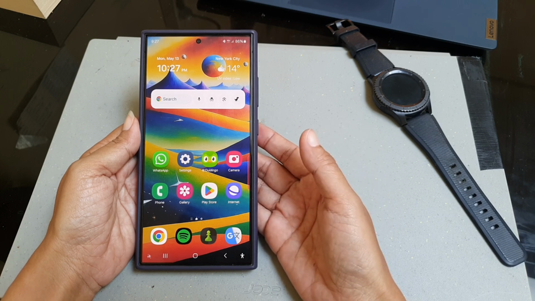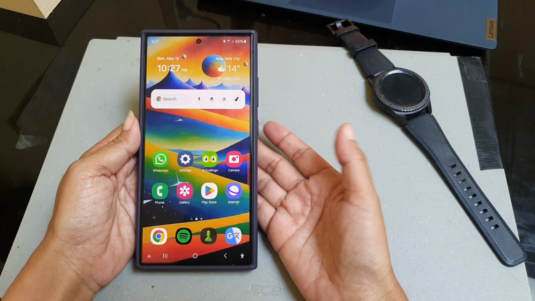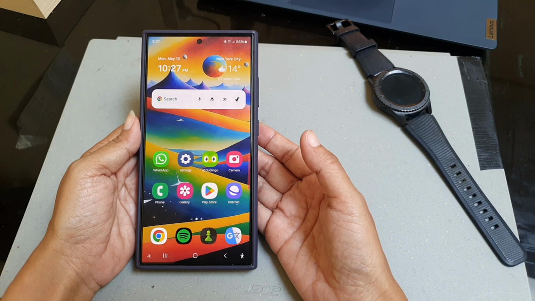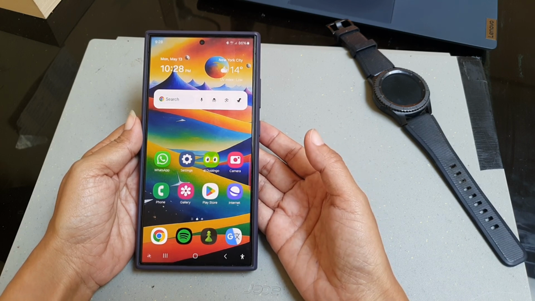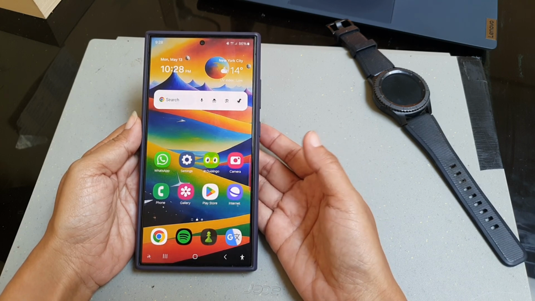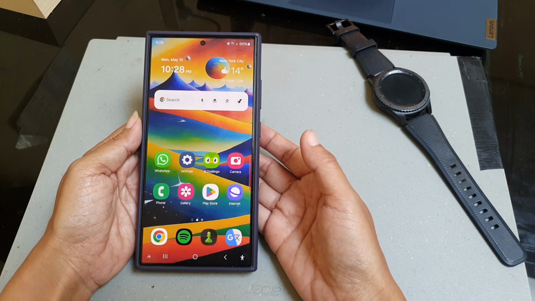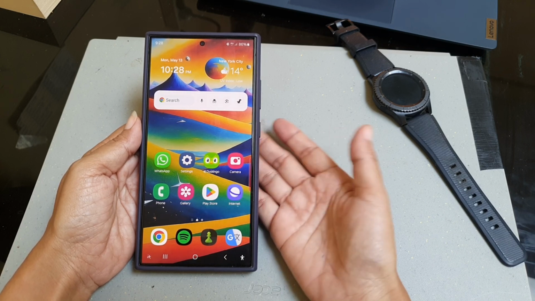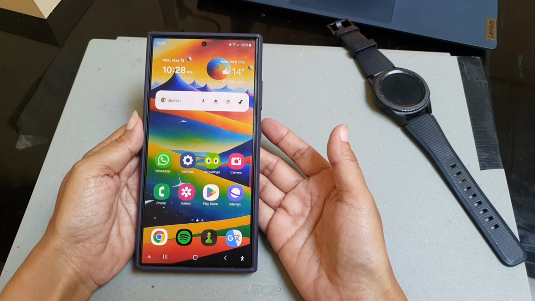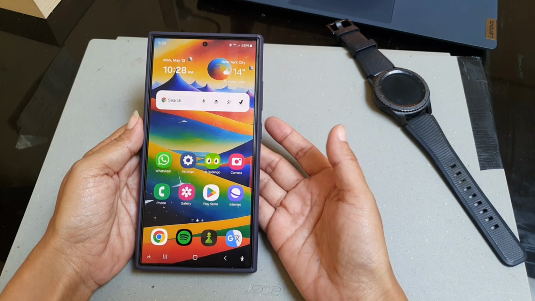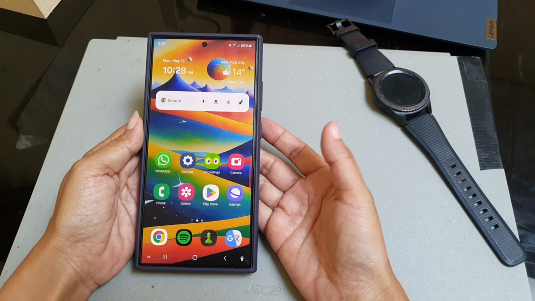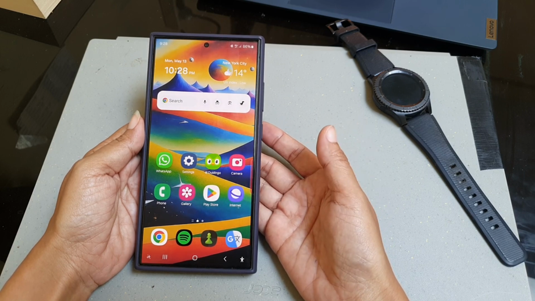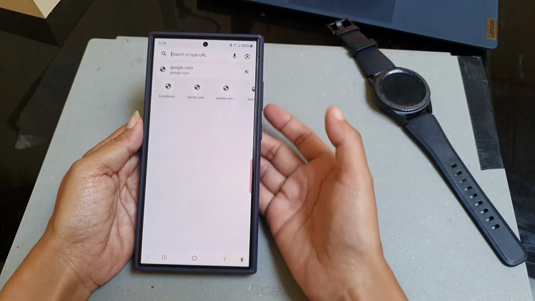To remove the language key from your keyboard on Samsung Galaxy S24 Ultra, first, you have to set the language switching method to swipe spacebar only. To do so, open an app or screen where you can type with your keyboard. As the example, while you are using Google Search,